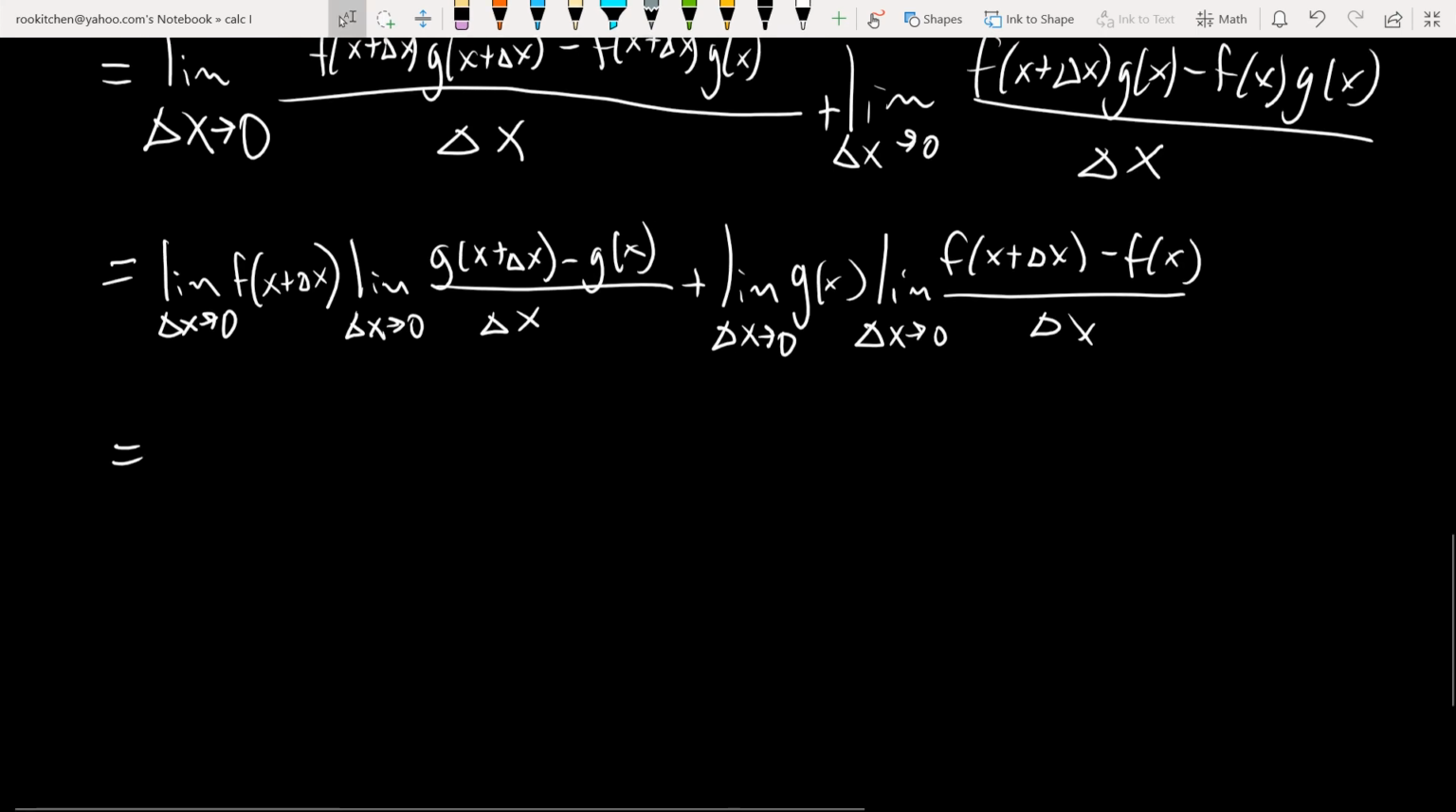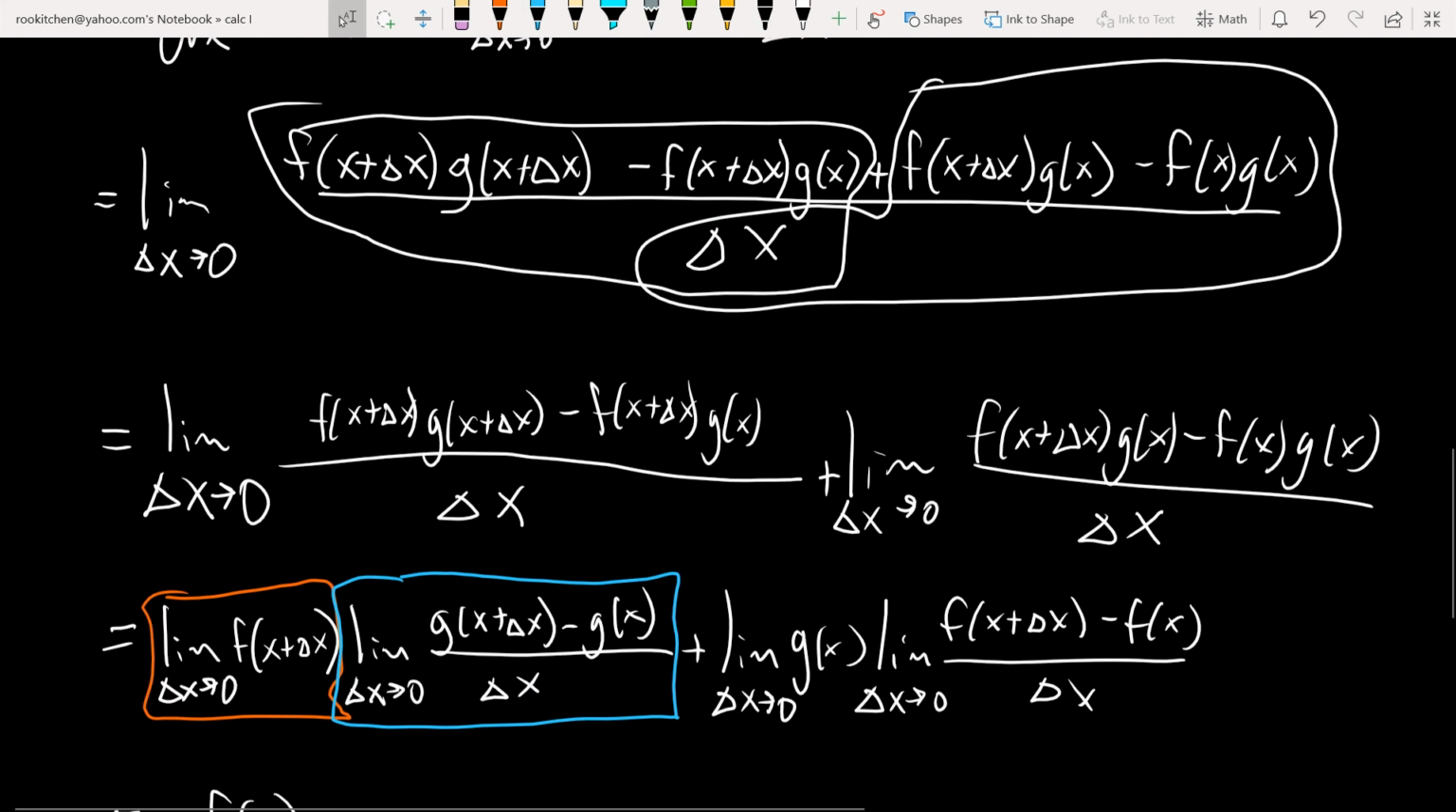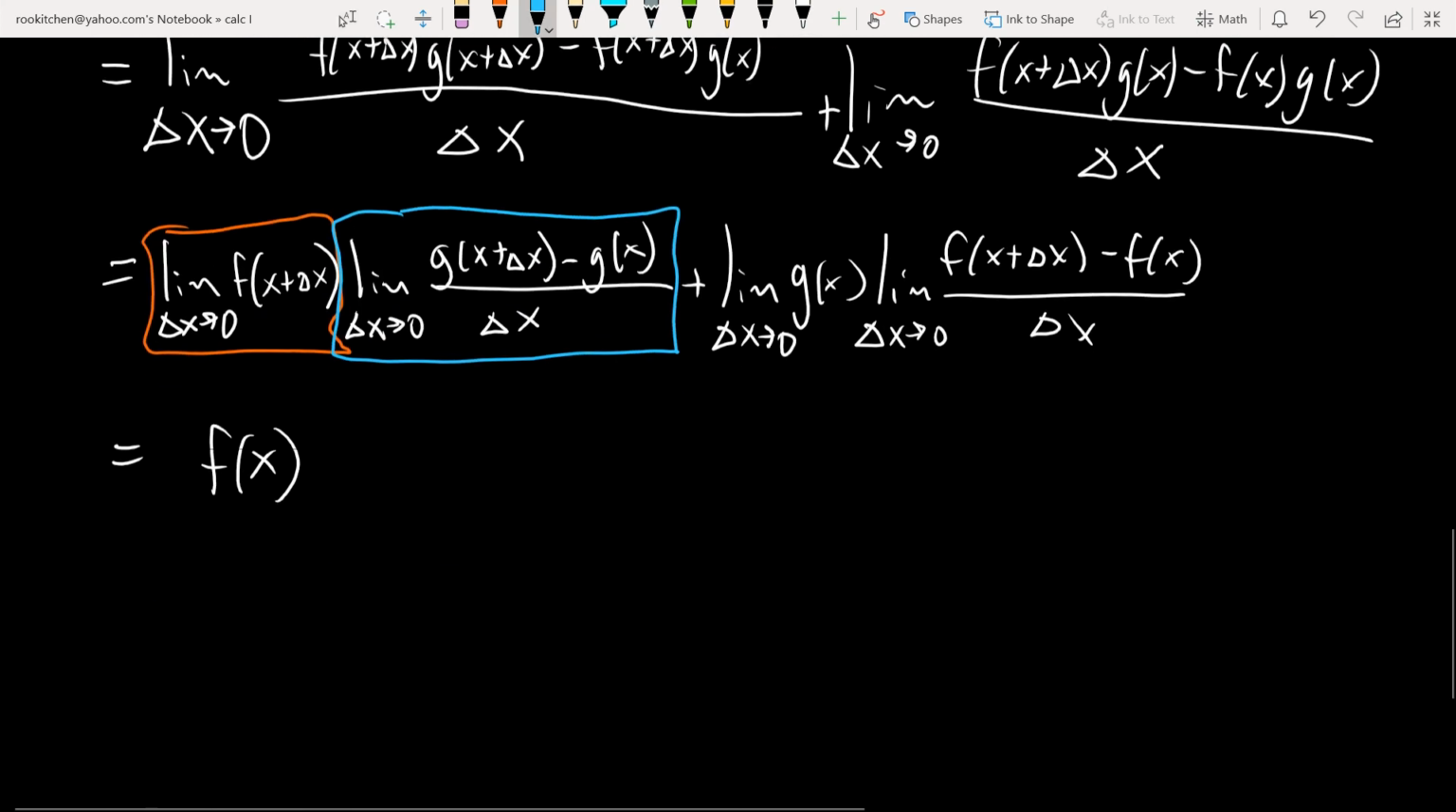So the first limit, and I'll put this part in red, is just a substitution limit. You could substitute in change in x equals 0, and you just have f of x. Okay, so that first part is f of x. And then the second factor there is just the definition of the derivative of g of x. And although I didn't write it, I presume that f of x and g of x were differentiable. Okay, so the second part then is g prime of x, and then plus the second limit part here,